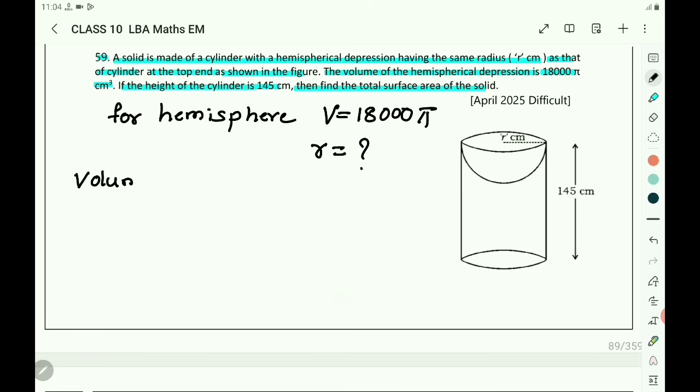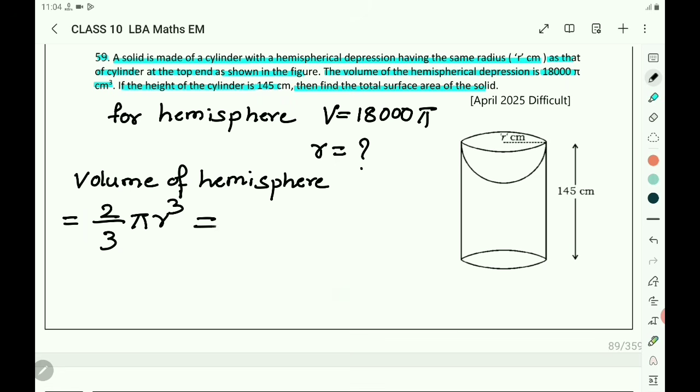Volume of hemisphere equals 2 by 3 pi r cube equals how much? 18,000 pi. You can cancel this pi and this pi. Then r cube equals, write this 18,000